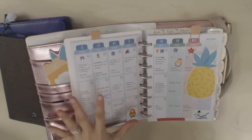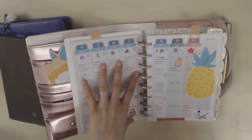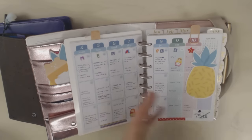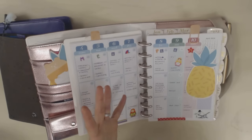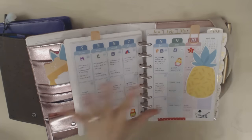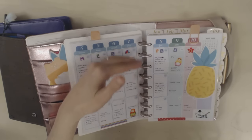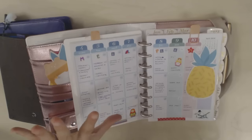And one of the things that it does is remind us of the food that we have, because often we would make something for dinner and have leftovers, and I would just forget to look in the fridge and not eat the leftovers, and then we would eventually have to throw them away because they'd been in the fridge for a week. So this has just totally stopped all that, because we do it the night before, and so we just work out what we're going to have, and it takes 5 minutes at the most,